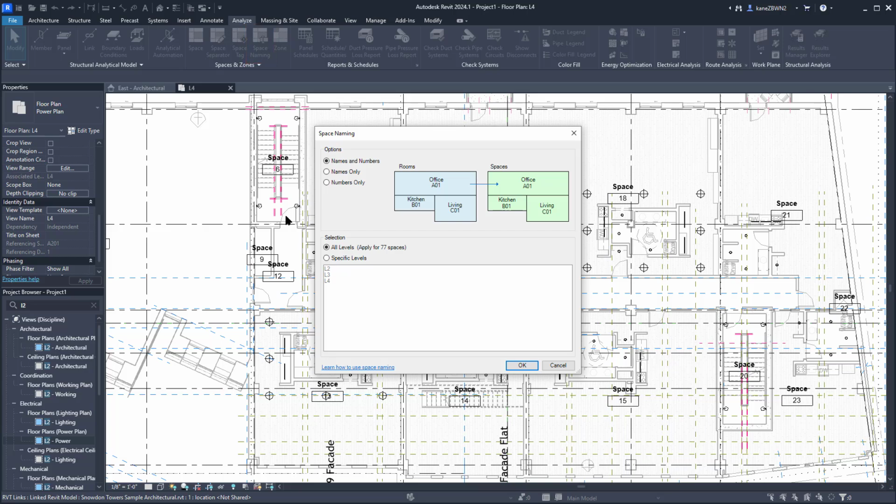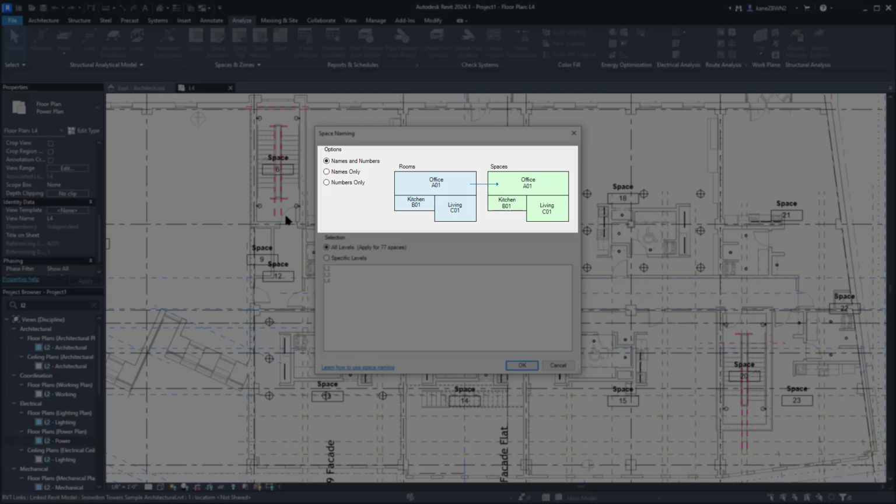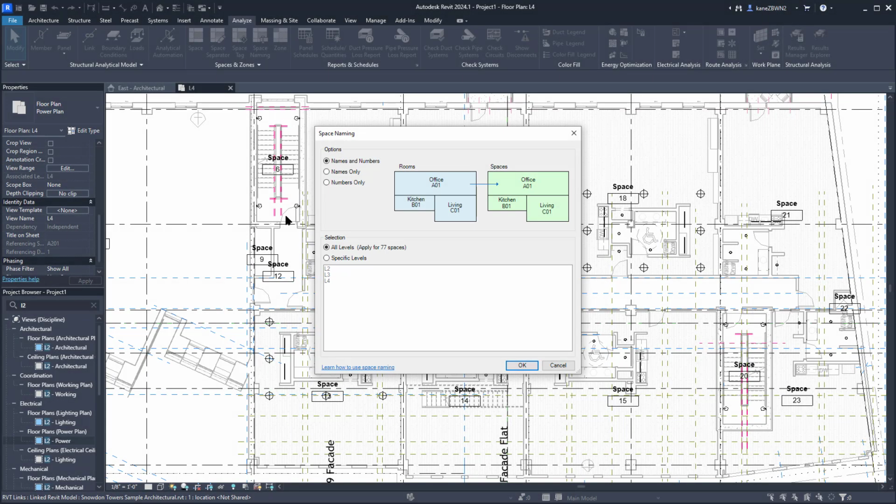The settings here are pretty straightforward. At the top, you can have it populate the space names, the space numbers, or both. At the bottom, you can have it populate all of the spaces or just those on specific levels, and it will list every level that has at least one defined space in it. We will stick with the defaults, press OK,